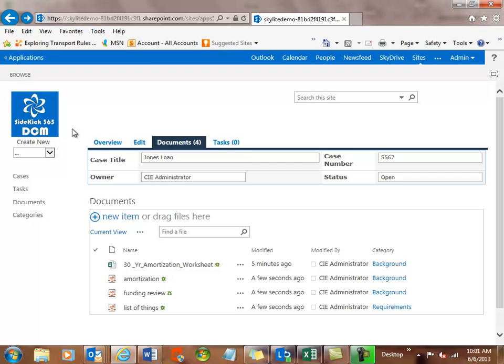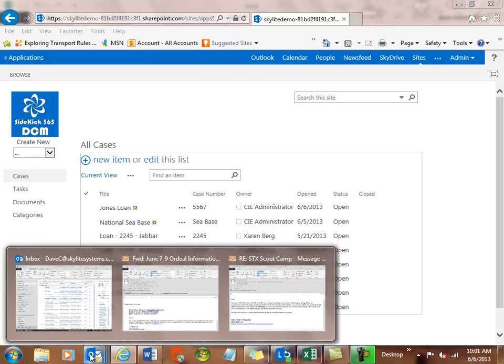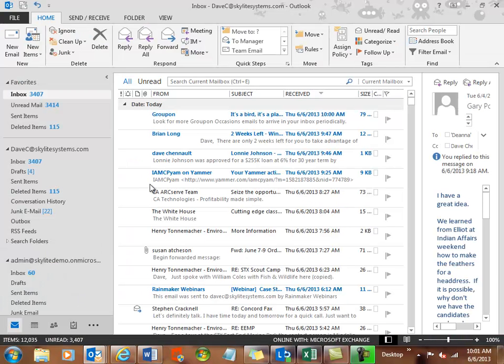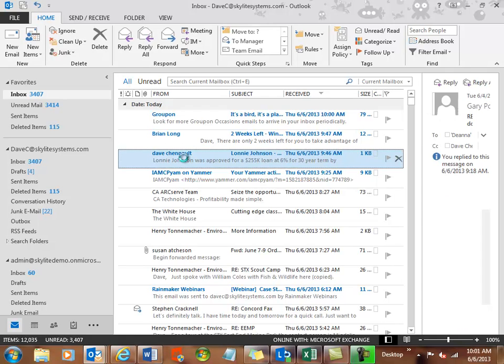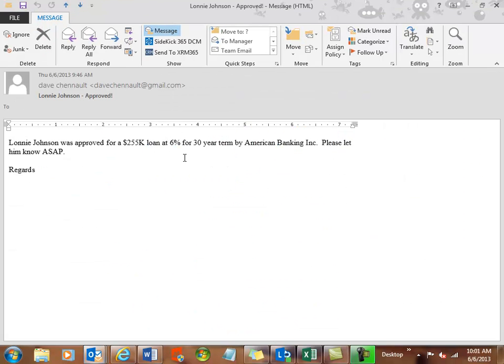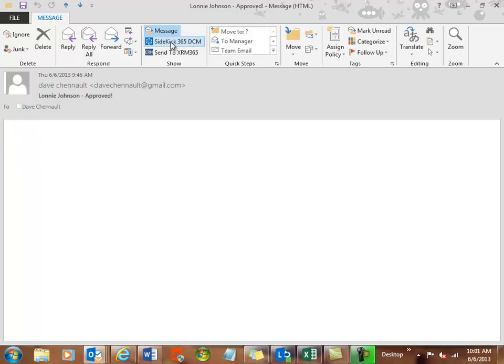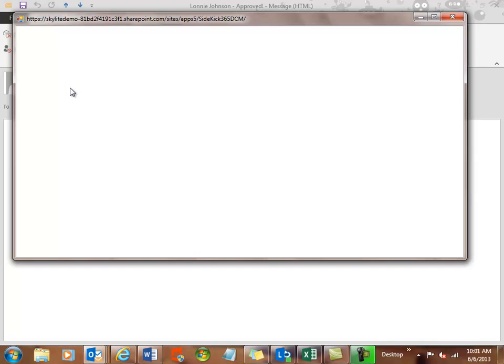So the last thing I want to show you is the integration with Outlook. So let's take a look at Outlook. And I have an email that came in from my Gmail account that I sent to my Outlook account. And it's talking here about a loan was approved, right? So I'm going to go ahead and send this email up into SideKick365 DCM. Similar idea. I just click here, and it'll come up with the ability to log into Office 365, and then I'll be able to see the different